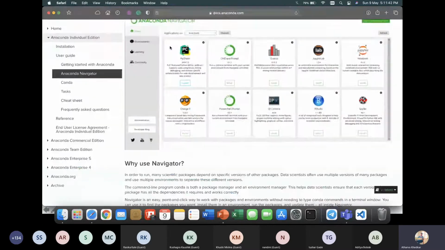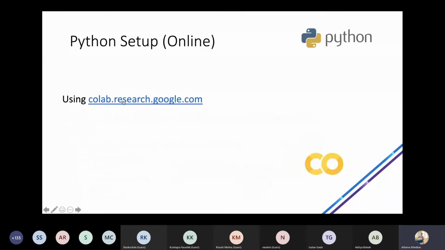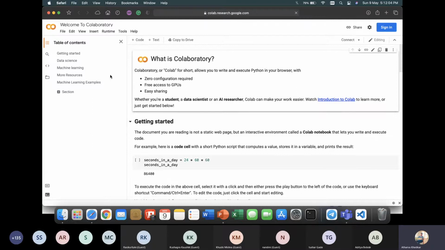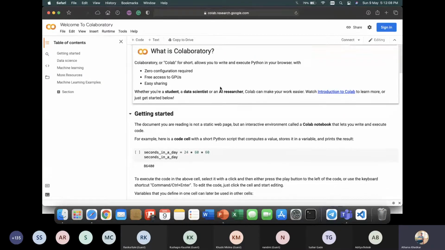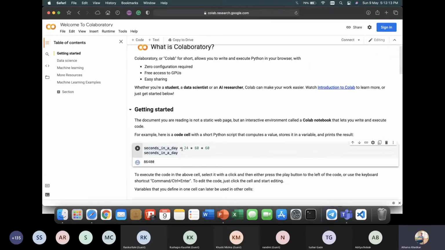And this is about offline installations. But we are going to be using online. The online thing that you would be using is colab.research.google.com. It is called Google Colaboratory, and it's just an online compiler. In Google Colaboratory, you get something similar to a Jupyter Notebook, and you can write your Python code in here.